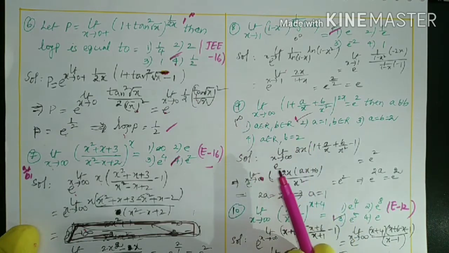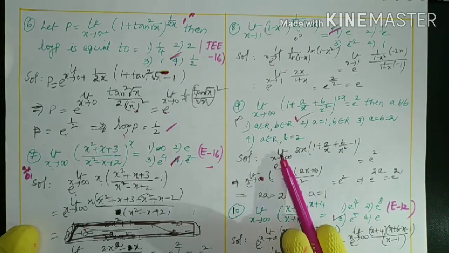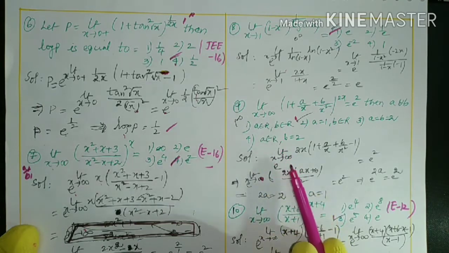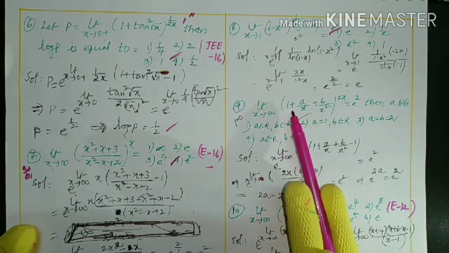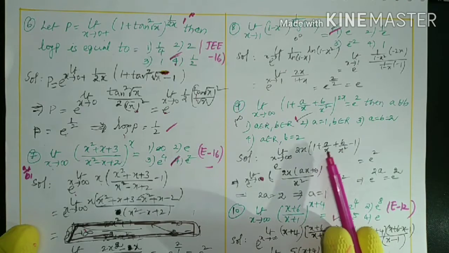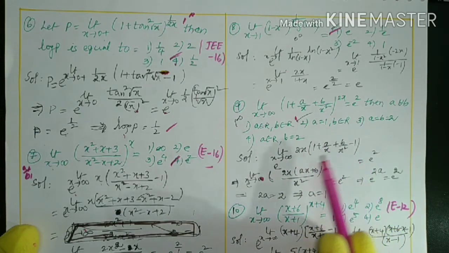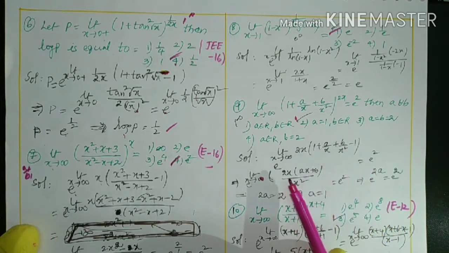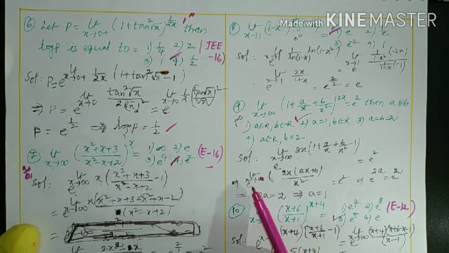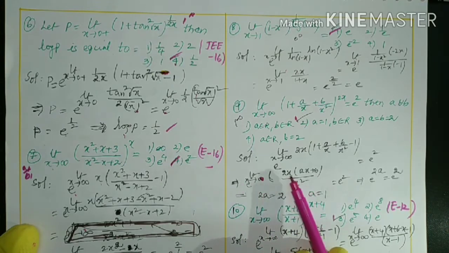As usual, we can apply the formula for that: e power of limit as x tends to infinity, with power 2x, and the function 1 + a/x + b/x², we take it in subtraction with 1, that is minus 1. By the cancellation, it becomes like this, simplification. Here we again get the x tends to infinity case. Here 2a x² by x² is there. The x² coefficient is 2a in the numerator, and the x² coefficient is 1 in the denominator.